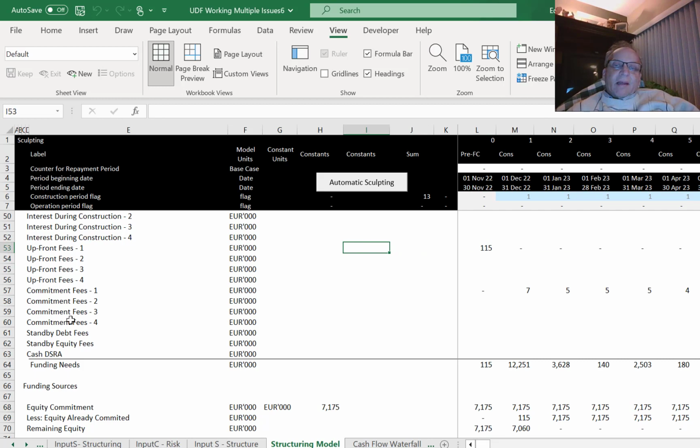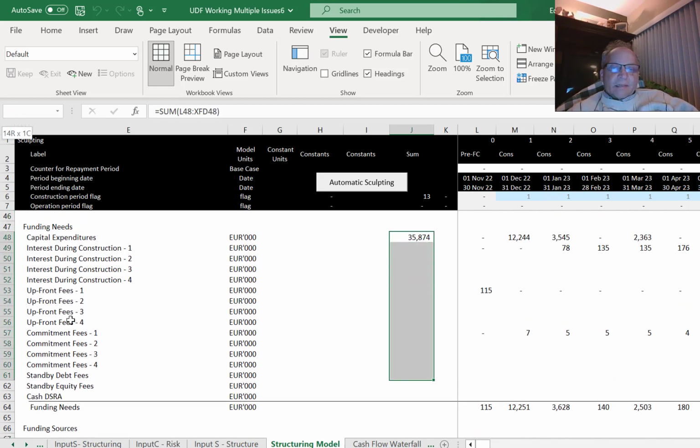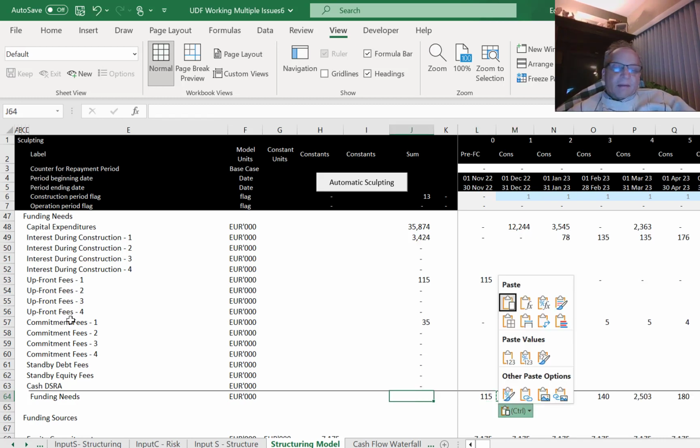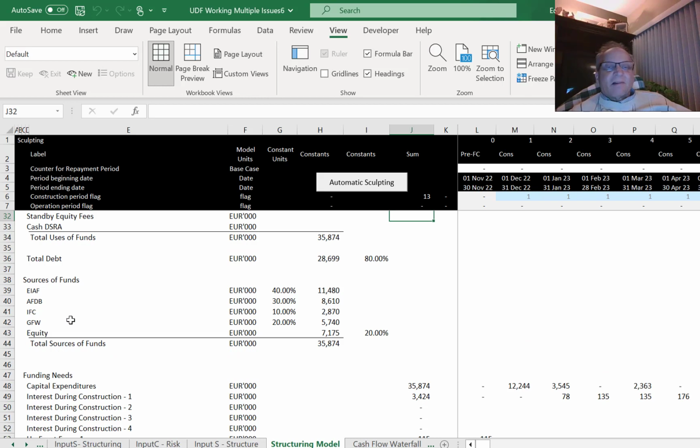Okay, and then let's copy this summary all the way down. Whoops, what did I just do? Shift Control V. Shift Control V. I've got to redo some of these names. That's all okay, but